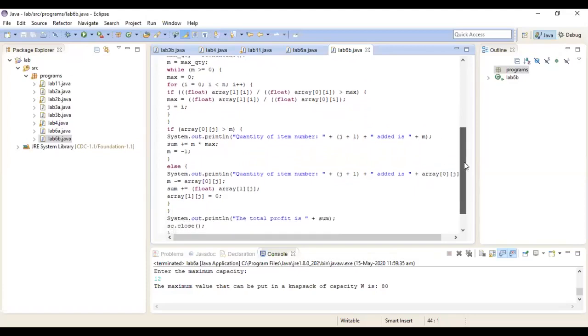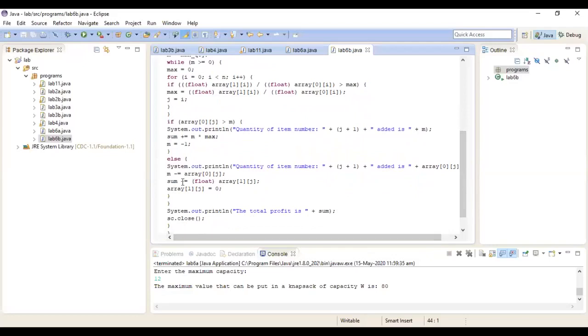Else, I put the total profit into the variable sum. Here M minus equals array of ij. I am decrementing the value of the total capacity. Once I add an element, whatever is the weight of the added element, I subtract from the maximum quantity of the knapsack. And finally, I print the profit.